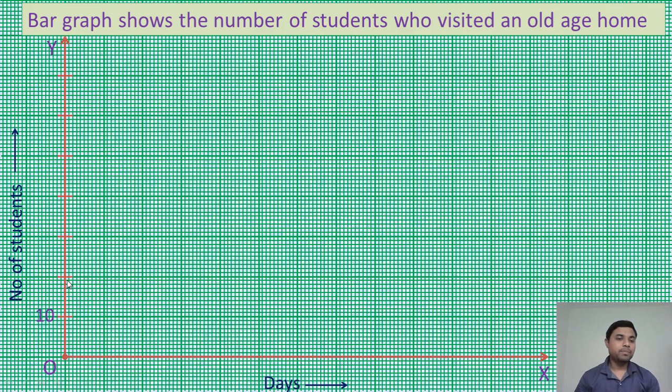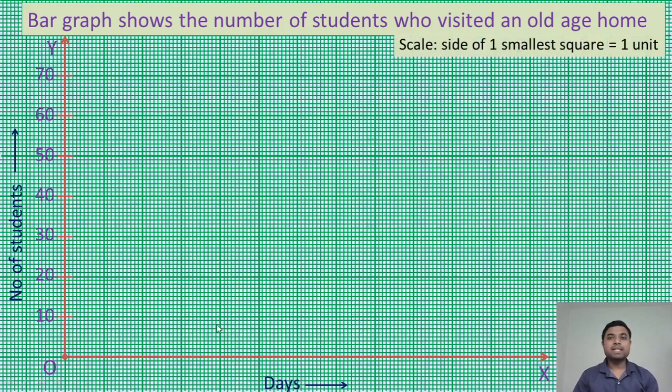So write 20. Next 30, 40, 50, 60, 70. Look, there are so many small squares. Among them the smallest, when you count, count the side of the square. How many sides here? 10 sides, that means 10. So one side means 1.